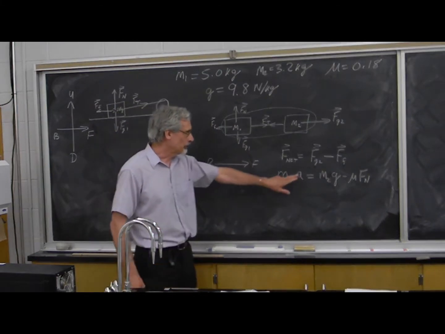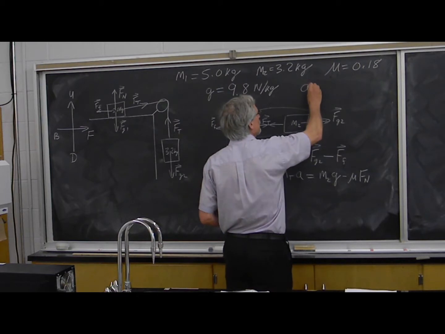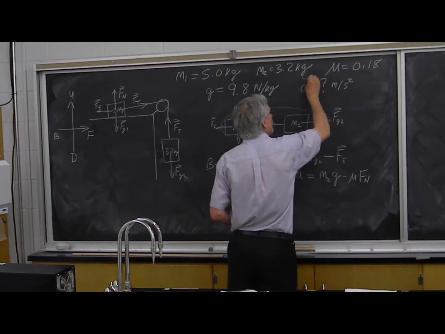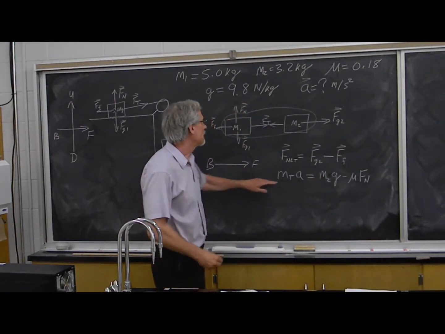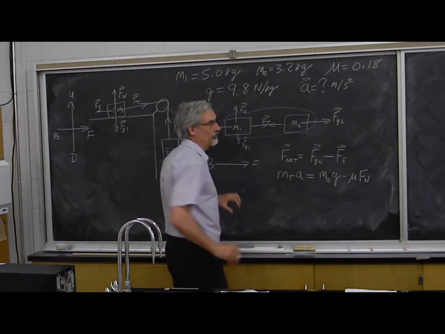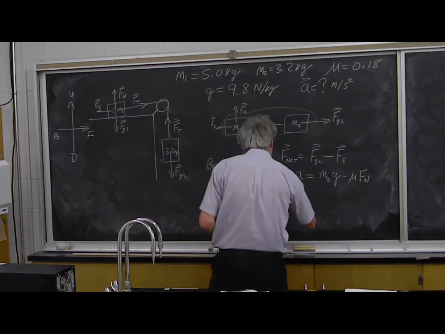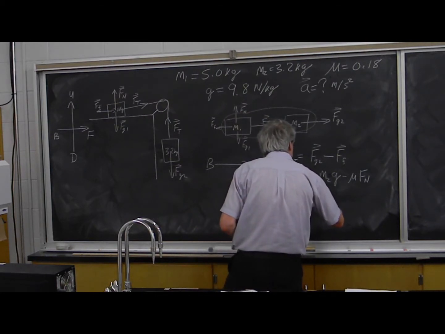We're trying to solve for the a. That's what we are trying to find in this first part of the problem. So we need to divide by the total mass, but this is the total mass of the system. So it will be M1 plus M2 that's accelerating. So we're going to get a is equal to M2G